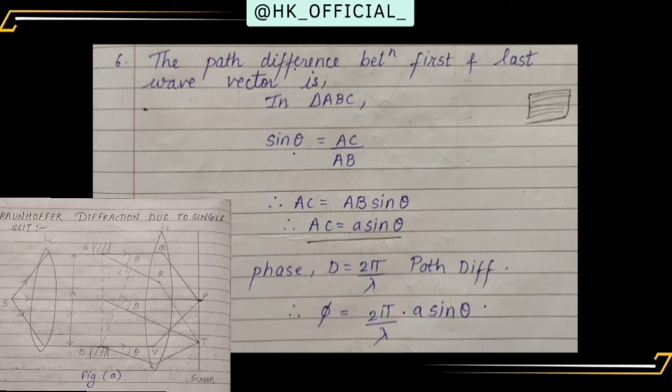Alright, now we will calculate the phase difference. As I have told you, what is the formula for phase difference and what is the comparison between phase difference and path difference? The phase difference is equal to 2 pi by lambda into path difference. Sometimes this formula is also important because some numericals come on this formula also for 3 marks. So it is very important, you can consider it. So phase difference will be equal to 2 pi by lambda into path difference. Your phase difference is denoted by phi. So phi will be equal to 2 pi by lambda. Now the path difference which we have calculated, that is AC, is nothing but A sine theta. So what will be phi? Phi will be equal to 2 pi by lambda into A sine theta.